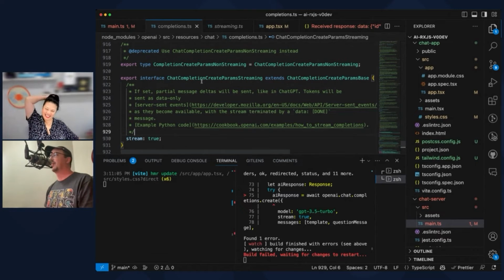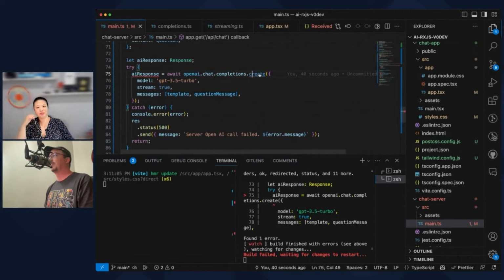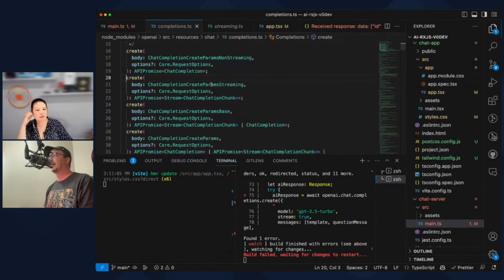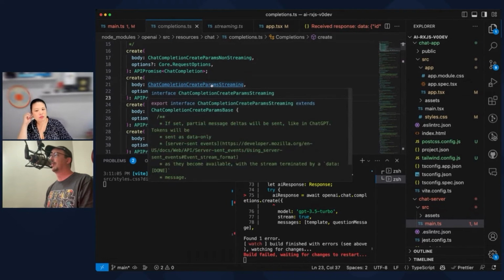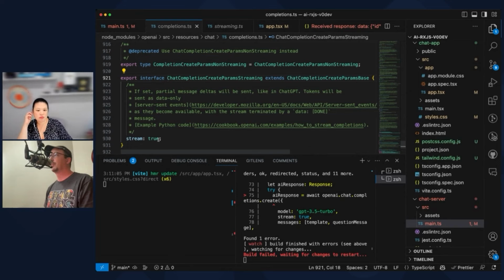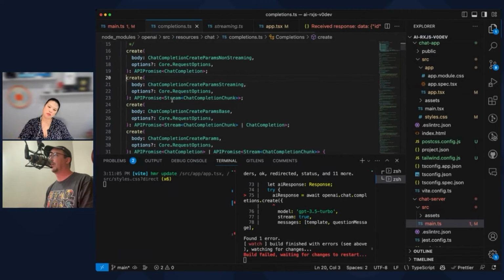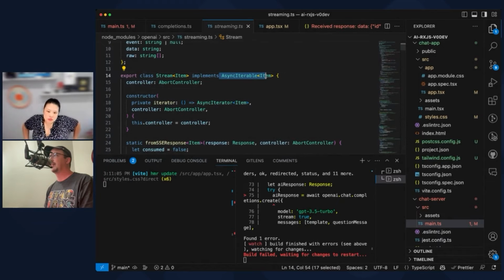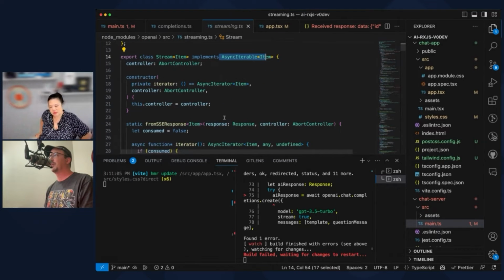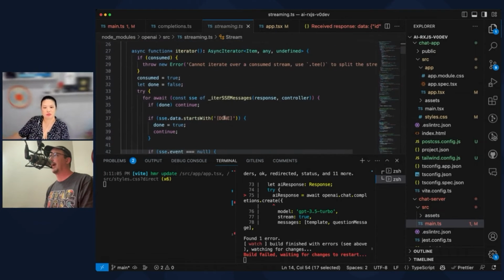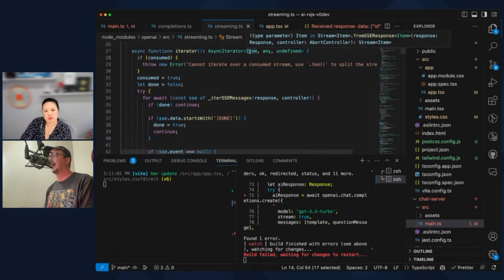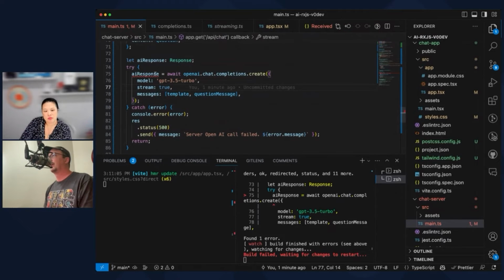All right. So anyways, I was looking at this and I was like, okay, what does this have? I can get a stream back if stream equals true. So if that's the case, what type of stream is this? And it is an async iterable. So I should be able to do some pretty cool stuff with that. It's going to get an item out of that, whatever that is. So let's go in here. This should be a stream of something or other.